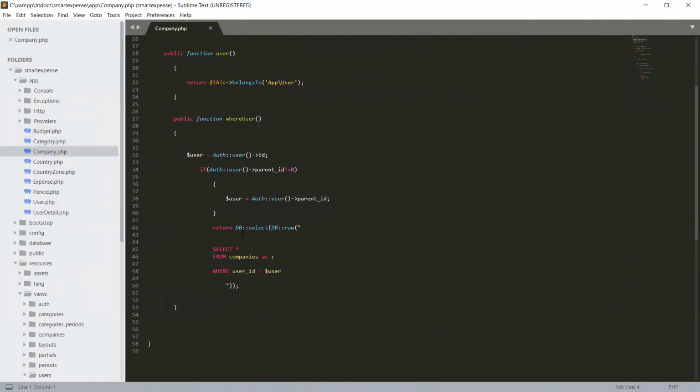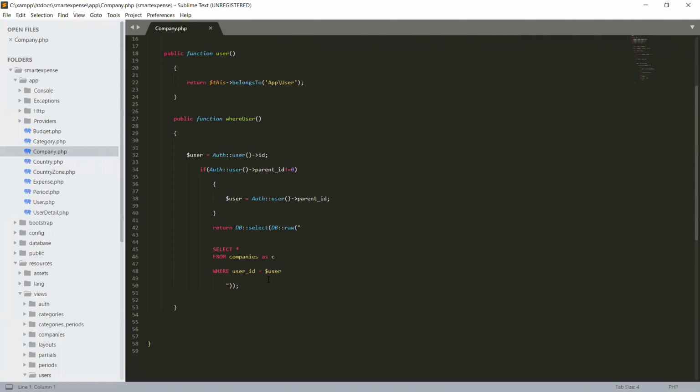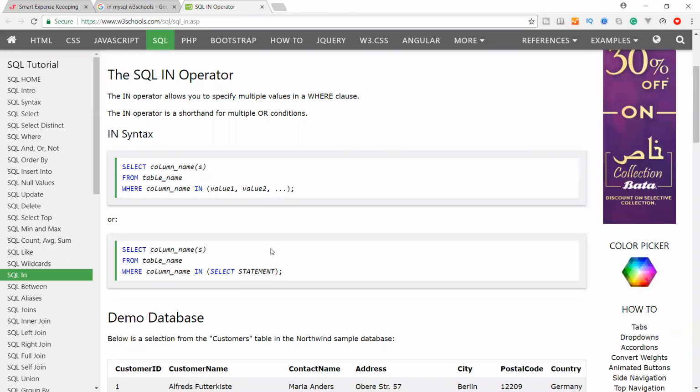We return DB::select with DB::raw, and the raw query is select all from companies as C, where C is the alias of the companies table, where user ID is equal to this user ID, the currently logged in user ID, and we are matching. Here we will optimize our query and use another WHERE clause so that we can easily fetch exactly what we need in this application.